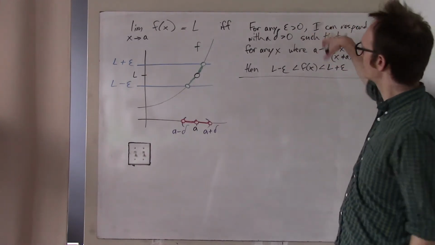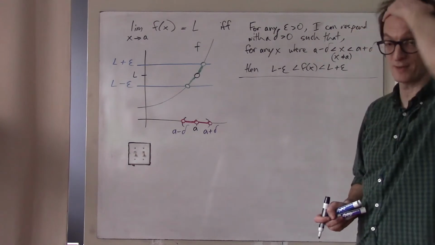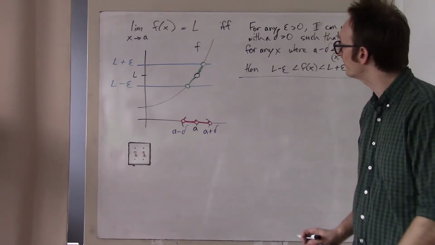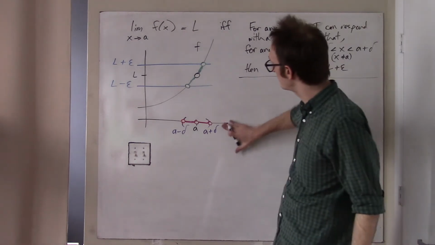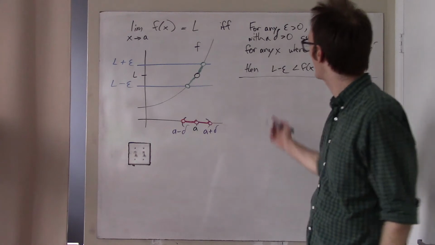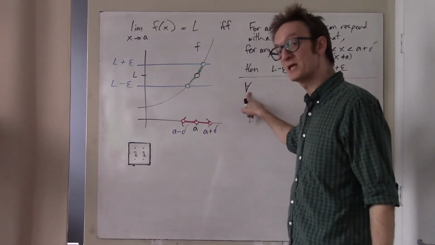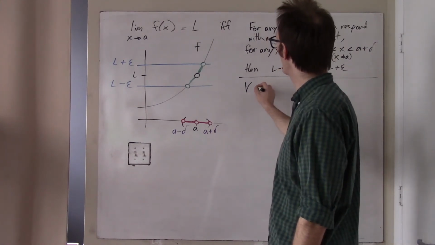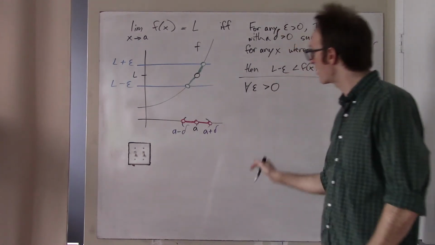But some of these English words get kind of annoying to write over and over again, and perhaps there's some ambiguity involved in using English words. And so what people do is not this. What people do is usually write this out in more technical jargon. So let's do that now. We've seen this before, so this is not new. We use the upside down A for the quantifier. That means for all. And so what we can say is that for all epsilon greater than 0,